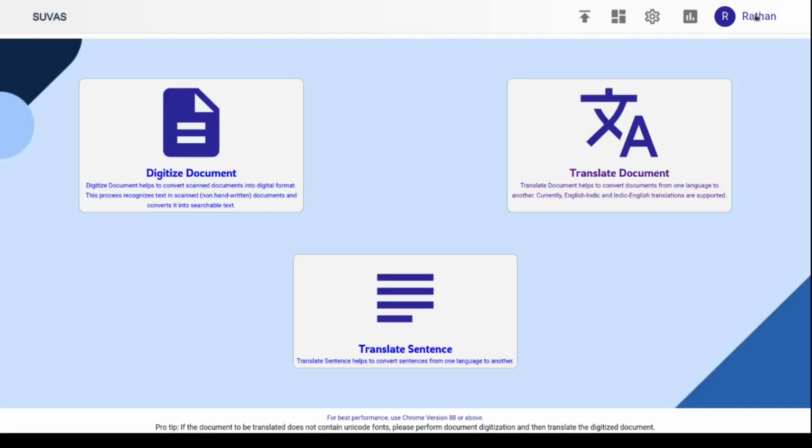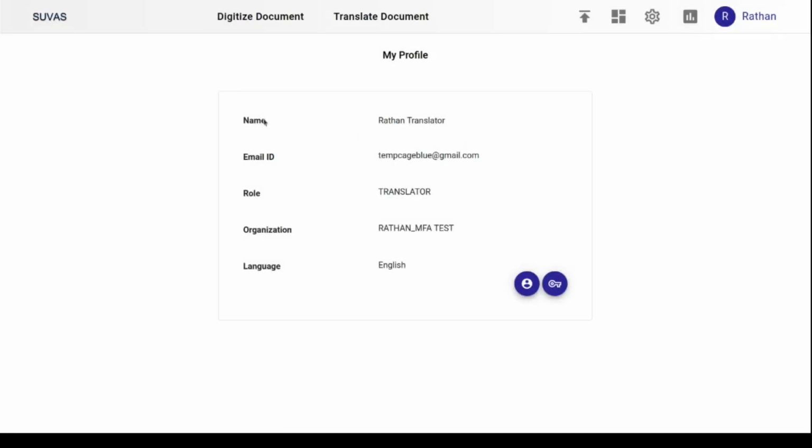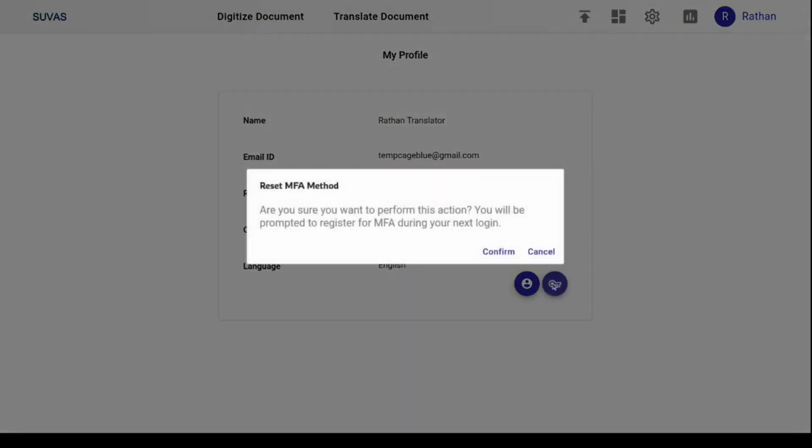Once logged in, we can click on My Profile in the top right corner. This will provide details about our account. This will include our role, which is a translator, the organization we belong to, and other basic details. Using this key icon at the bottom right corner of this box, we can change our MFA method, that is